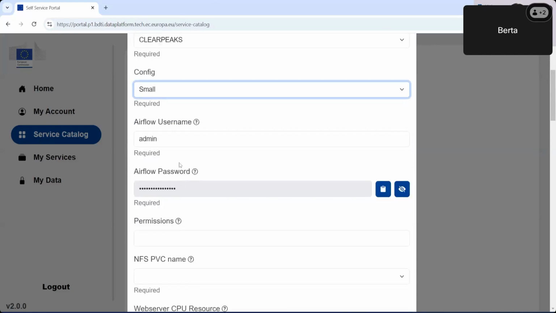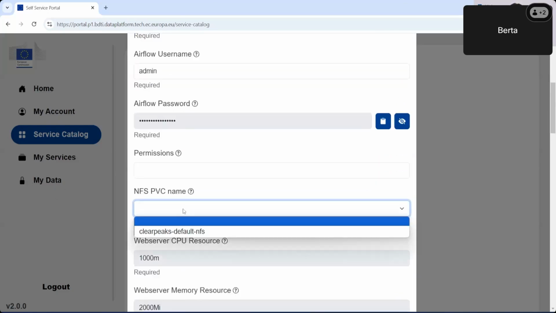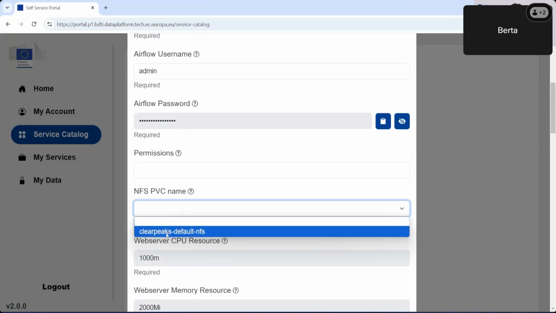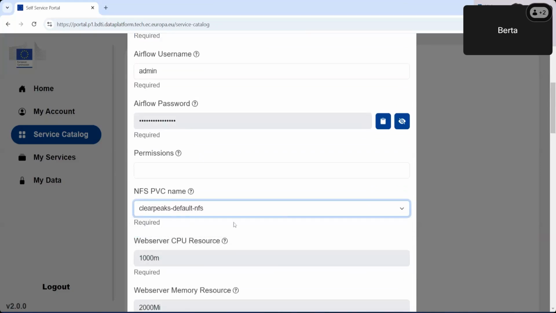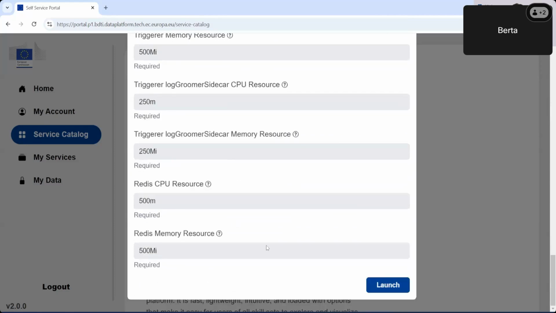Then this already sets up a username and password that we're going to be able to retrieve later from My Data. And we just need to select the NFS, the shared storage. We only have this one. And that's all, so we need to launch